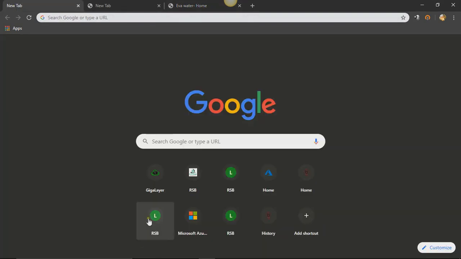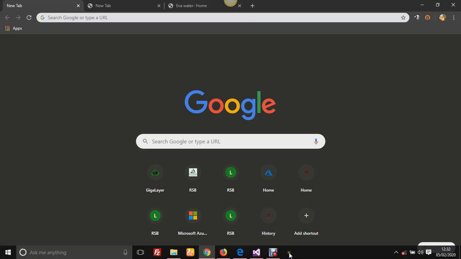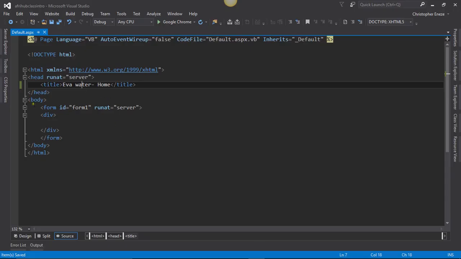And I can even do something more. I can change this globe thing to the Ever logo. When we come here, look at Giga Layer, for instance. This is their logo. When I actually open this site, the logo shows up here. You won't see the globe, but the logo. We are going to come to that as we move further. But let's not run so fast. I'm telling you that these things are possible. So as we develop, we would see them come into play. So we've changed the title, and we have the body,